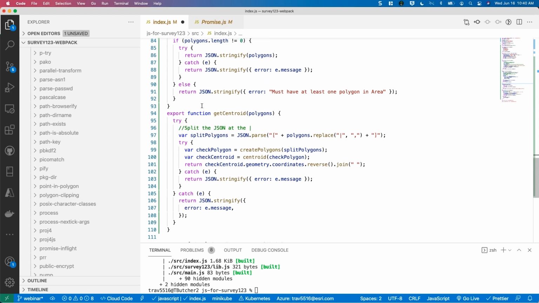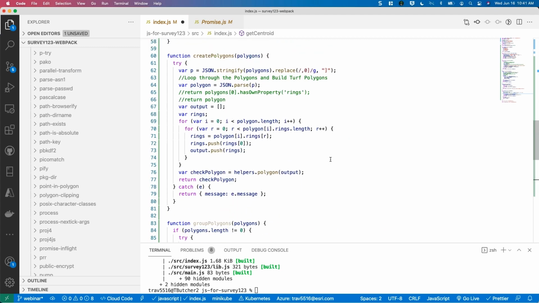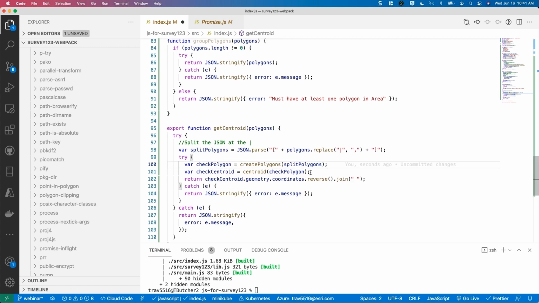And so really here, the function that I'm going to use is a get centroid. I'm going to pass it in a group of polygons that I get from my repeat values. And then I have to do some parsing of that and recreate it. I group those polygons together, so I create a group of these polygons into one large polygon. At that point, I then get the centroid of it, and then I send it back to Survey123 and create a geopoint from that. So if I go ahead and save this,